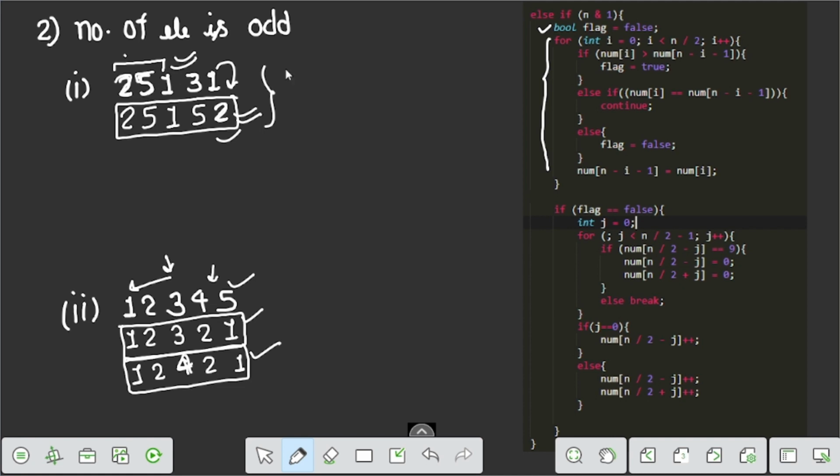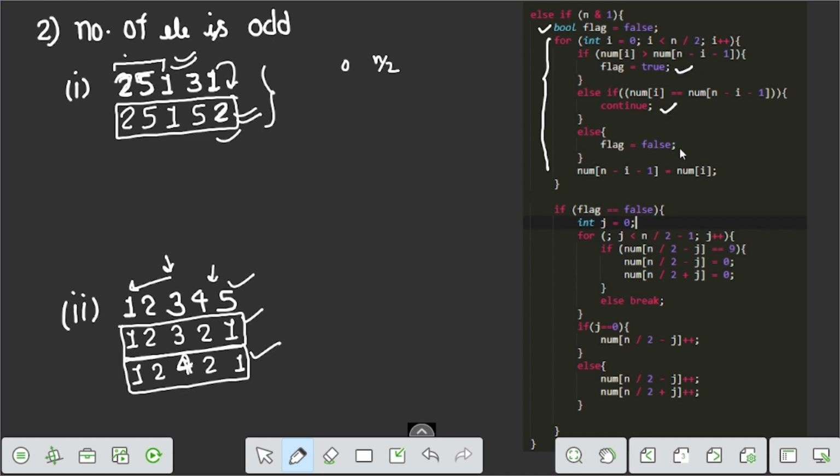The purpose of traversing is to check if the first element is greater than the last element or not. Here we go from 0 to n by 2. If the first is greater than the last, we simply set the flag true. If equal, then we continue.